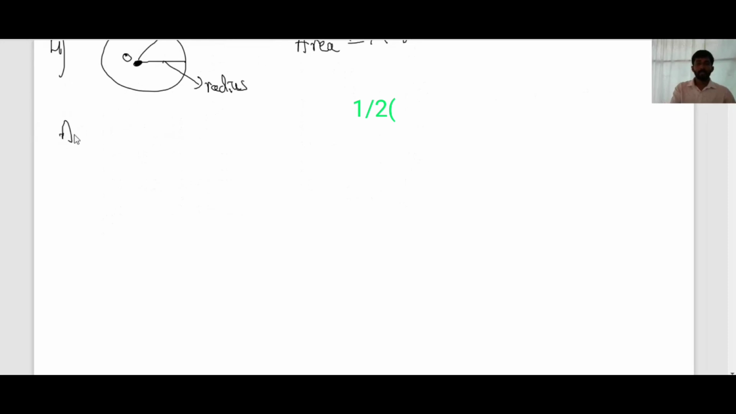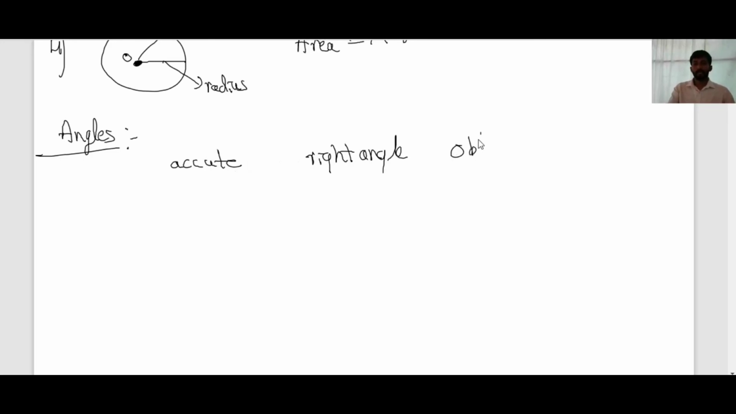Then angles. Okay, what are the types of angles? Three types of angle are there, right? First one is the acute angle, then the right angle, then one is the obtuse angle, right? It's the third one, obtuse angle. Acute angle means less than 90 degrees. Right angle means the angle is 90 degrees. Obtuse angle means greater than